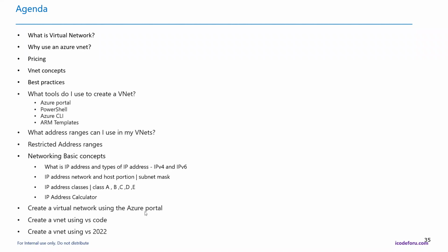Next, let's create the virtual network in the Azure portal. I know this topic talks about creating the virtual network. I can directly go and create it in the Azure portal, but without understanding the basic concepts and how to calculate the address range, and without having a proper plan, you cannot start jumping into creating the virtual network. Creating a virtual network in the Azure portal is very straightforward, but make sure that you understand the basic concepts before you jump into the implementation.